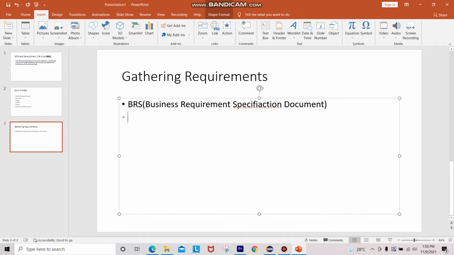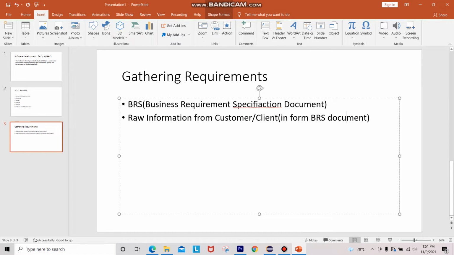You will get some raw information from the customer or client. Before you develop or test any application, you need to get some information from the customer or client in the form of a BRS document, where you can have all the necessary details about the requirements. This is called the gathering requirements phase.